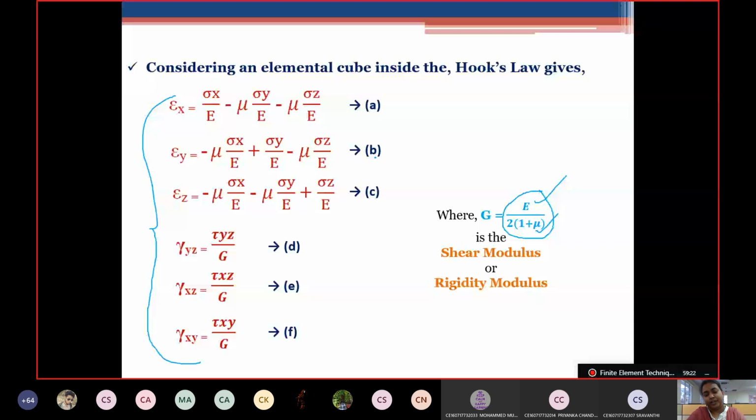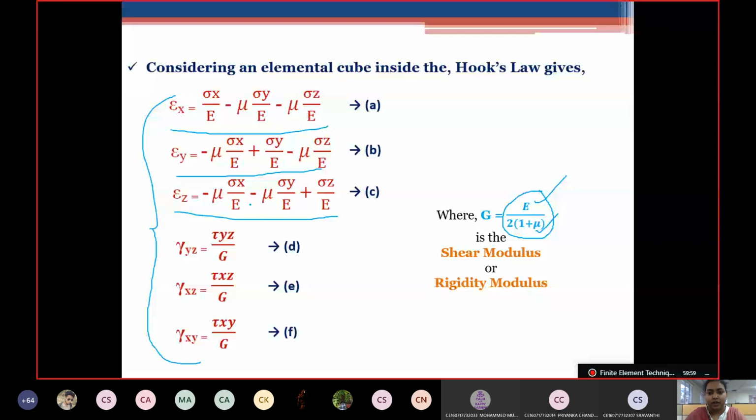Now, we are trying to find the relation between stress and strain. We can clearly see that stress and strain are related. Then why are we still trying to reduce it? Because here we are only able to see the relation between normal stresses and normal strains, and shear stresses and shear strains. We want a combined relation for the whole structure, because it is not like the structure will always have only shear stresses or only normal stresses. So we need a combination of that.